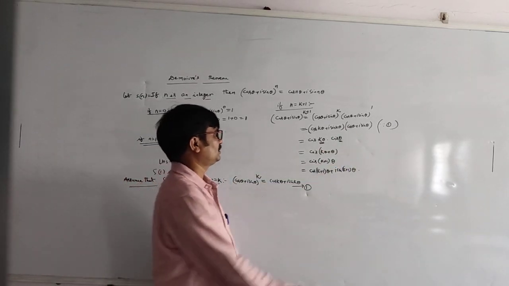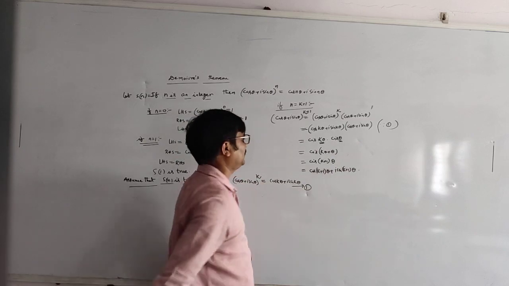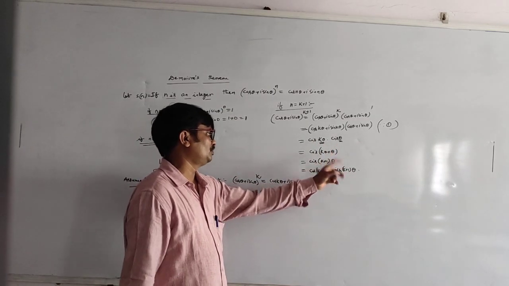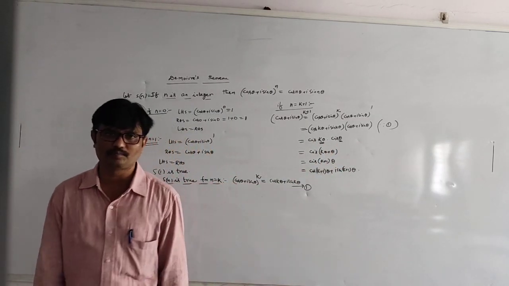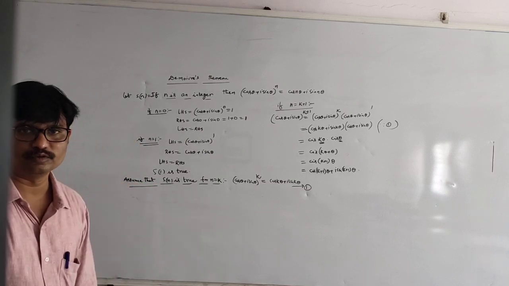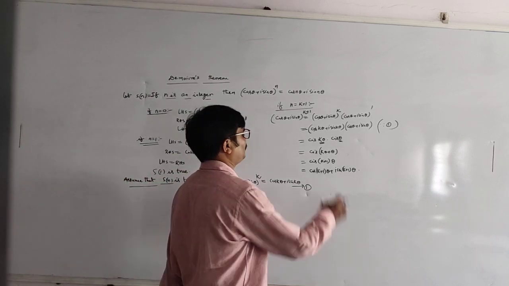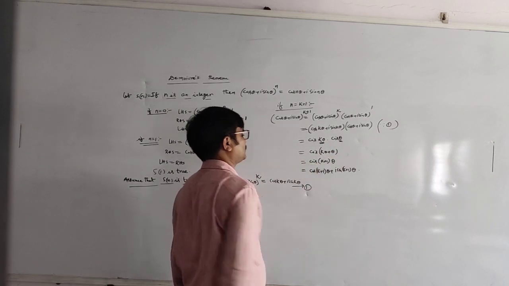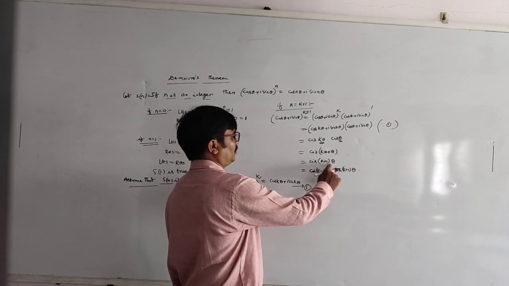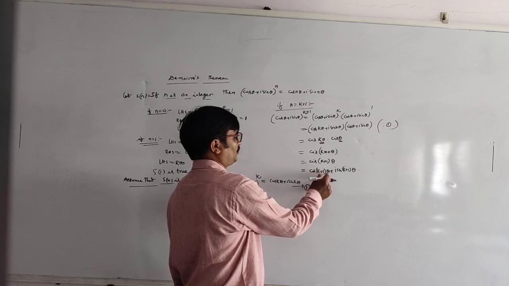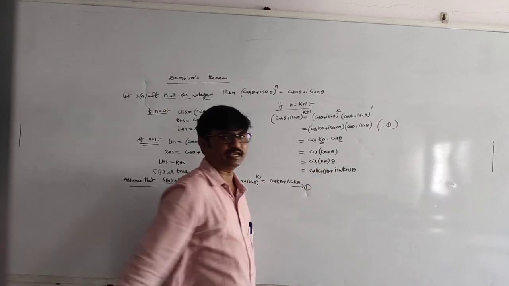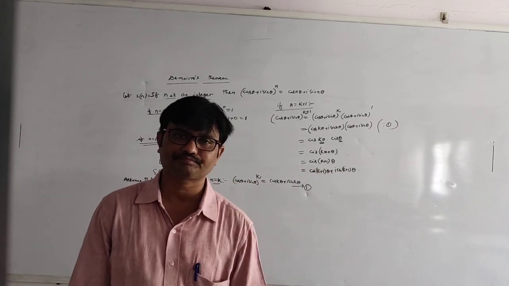So students, this is cos k theta into cos theta. Cis a into cis b is, students, cis of a plus b. That is cis of a plus b is k theta plus theta. Theta is common. Cos of k plus 1 theta plus i sin of k plus 1 theta.